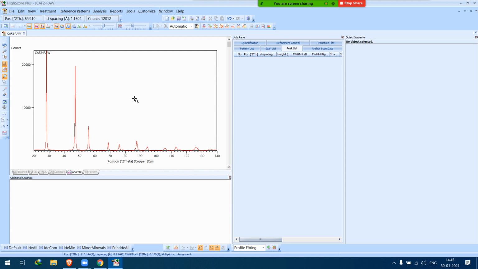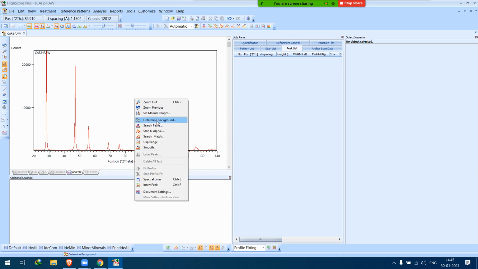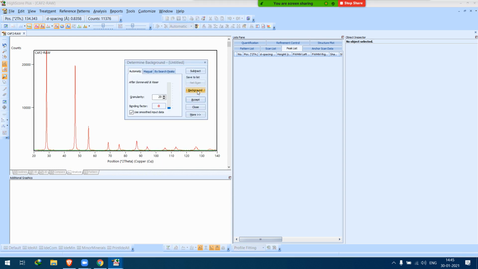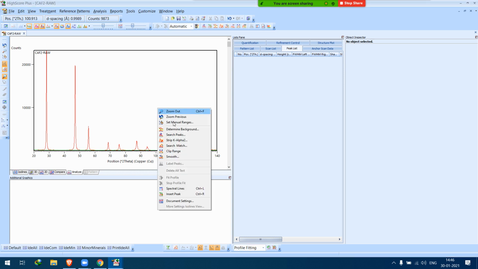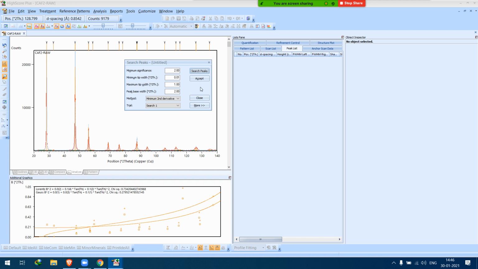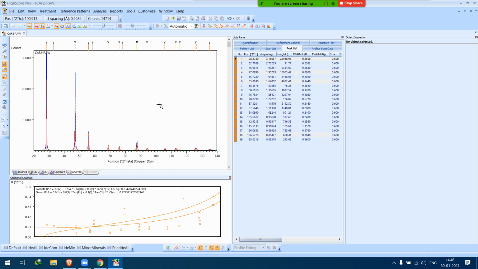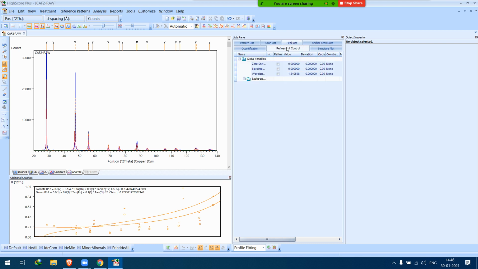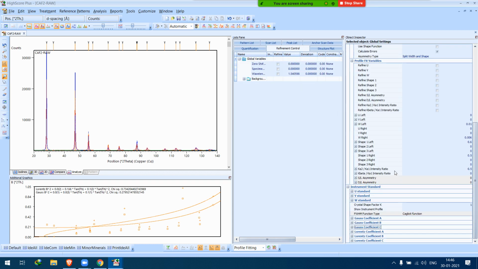Okay, now I'm going to determine background, accept it, search the peaks, accept it. Again, go for refinement control, global variable, just look for asymmetry.